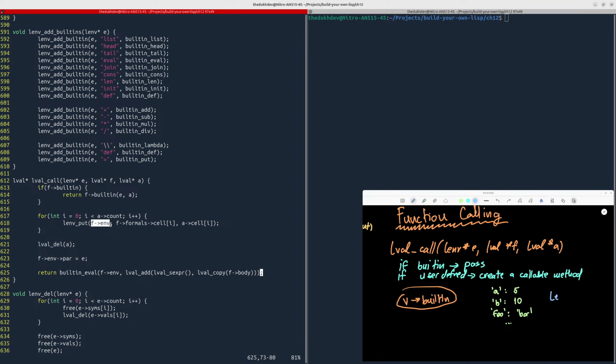Then we delete A, we clear it from memory, and then we have our environment of the function level, and we get its parent, and we set it to E, which is this one. But why would I need to set it to the parent of this environment? Built-in eval, and then